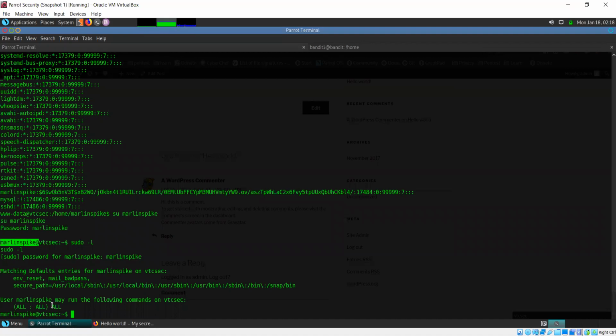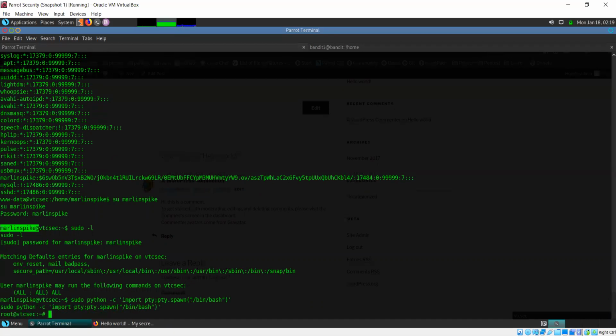So what I'm going to do is run it with sudo and the exact same command, because what I want is to get shell access as the root account. So sudo, this is the command, and as you can see it worked.